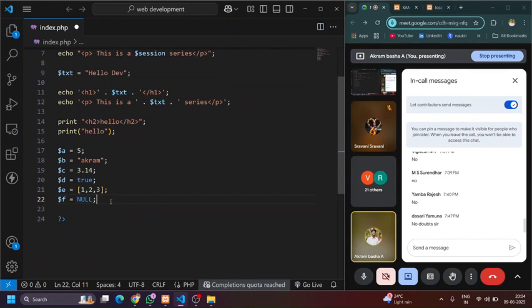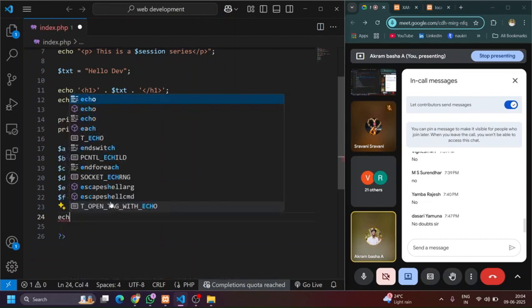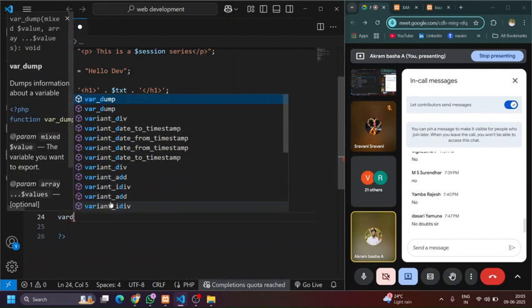In this format, these are all the data types in PHP. If you have any doubt regarding this, as I have told, in PHP we have so many built-in functions. By using them, you can find the type of a variable. To find the type of a variable, we have to use var_dump